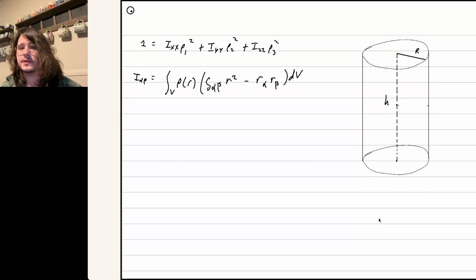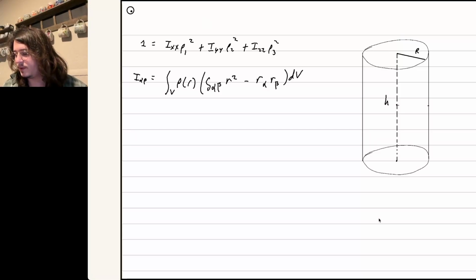Alright, silly people, here's the situation. We have a right cylinder with radius big R and height h, and we're meant to find the height to diameter ratio for the cylinder such that the ellipsoid equation, this guy, becomes a sphere equation, where rho 1, rho 2, rho 3 are the principal axes, and then the I stuff are the components of the moment of inertia tensor for this cylinder, which